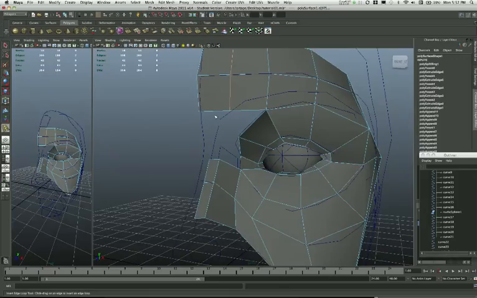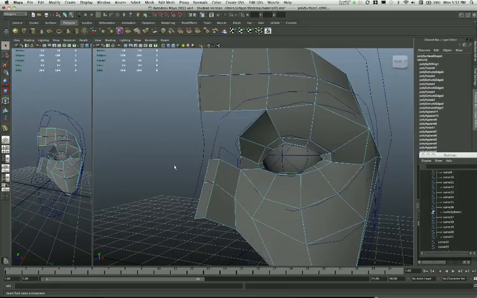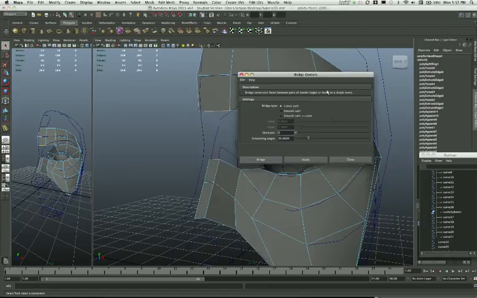Then I will go to edge again, I think that's what I want. So that edge, go to bridge, and well, let's be smart about this. 1, 2, 3 divisions, and I'm going to say bridge, smooth path,